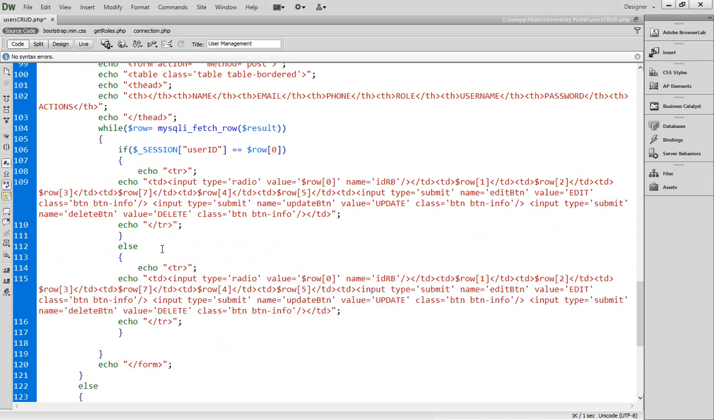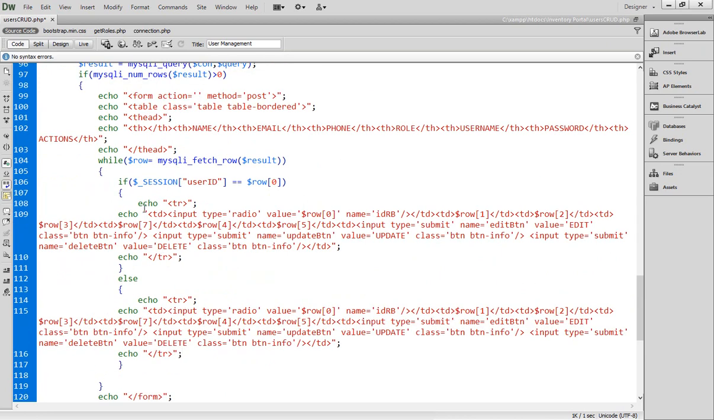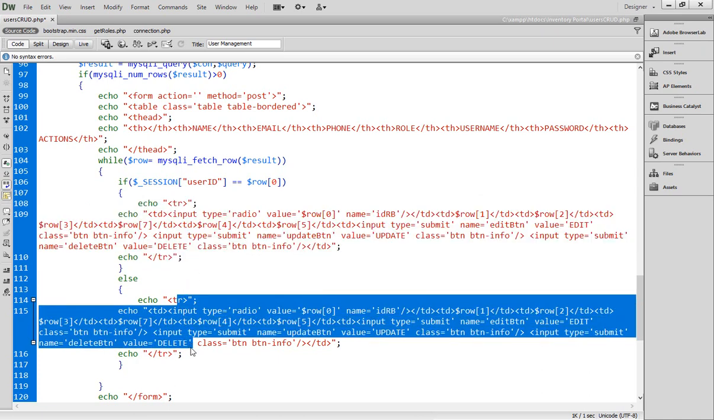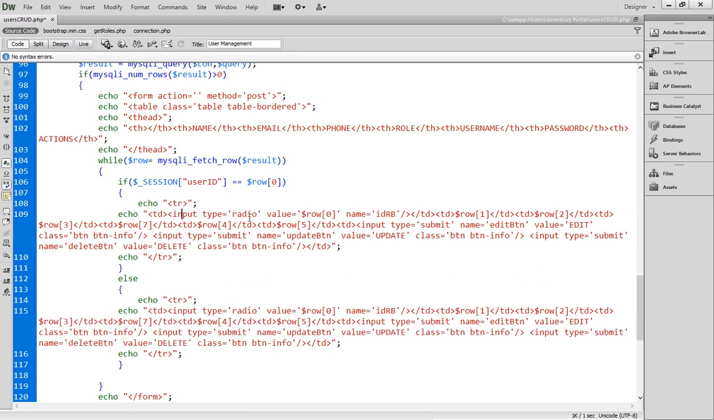So when the ID matches, and I know we have selected one ID at a time, then only one row will be converted to text boxes, and the rest of the rows will not be converted to text boxes, and they will display the same. Okay, now the next step is to